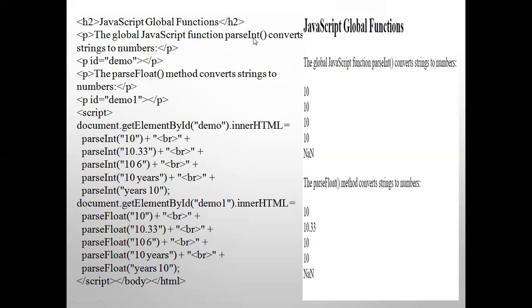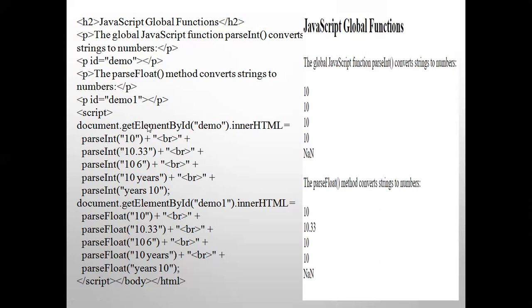See, it takes parseInt first, so it will take only the integer and truncate the floating part. 10 is written. parseInt 10.33, again 10 is shown. parseInt 10 space 6, 10 is shown. parseInt of 10 years, this is a string, 10 is shown. And parseInt of years 10, this is starting with a string, so it will show NaN, not a number.